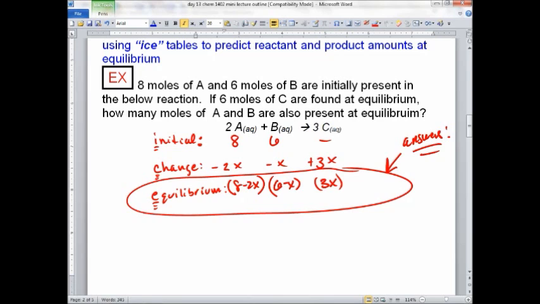Did you hear what she is saying? She said that at equilibrium there's 6 moles of C. So that means this number right here has got to be 6. Then she even told us the equation. 6 equals 3x. That's how you get your x. They're going to tell you a reactant or a product at equilibrium. So you fill out the ICE table first, right? Fill it out completely, all x's and things. And then you'll go back to the question to see which one you can solve for. In this case, it's C. So my x is going to be